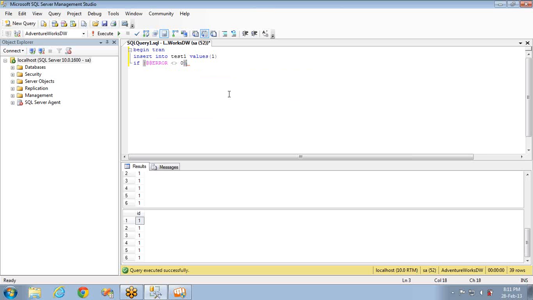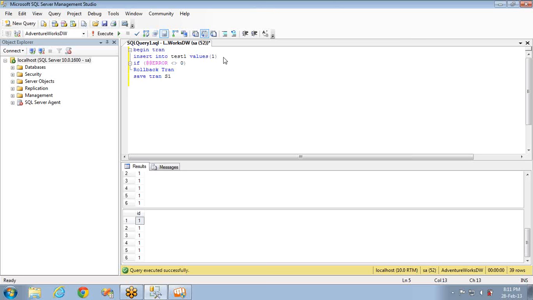If any error occurred, there will be one ID assigned to this global variable error. So if it is not equal to 0, then roll back transaction. So this is how you can find out if there is any error occurred in this insert statement up to here. Then it will check here and it will roll back the transaction. Else you can save the transaction up to here as S1.